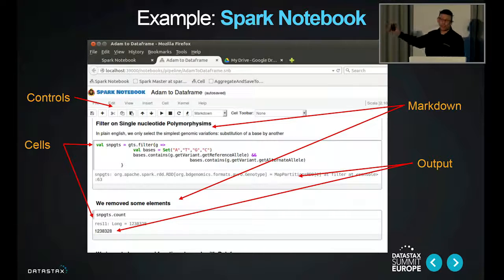And if we didn't like that number, we could go back and just tweak that filter statement and run it again and then see what the answer was. So this is a much more interactive and flexible process than just writing scripts and running the scripts and debugging them, running from the top all the time.